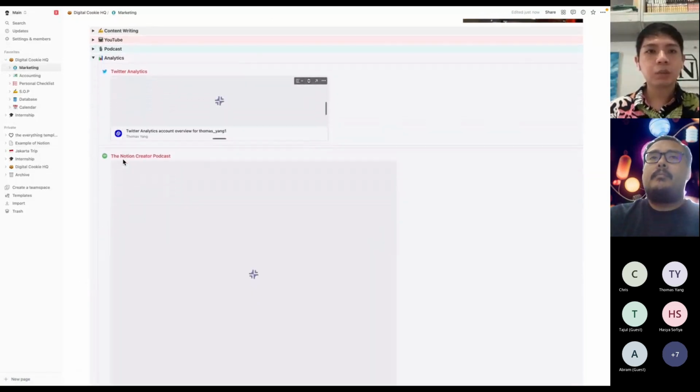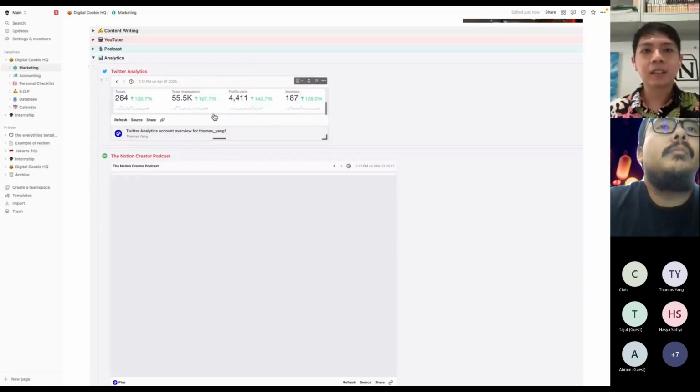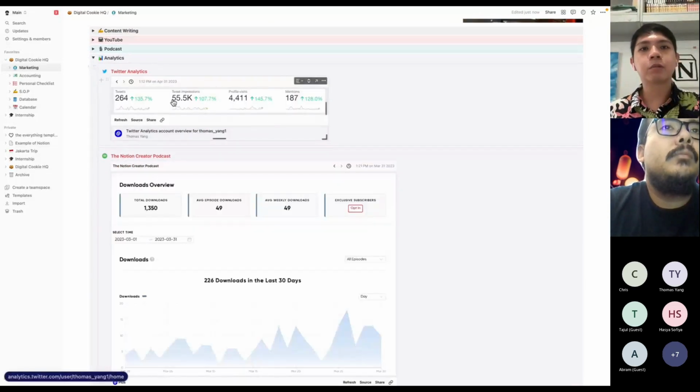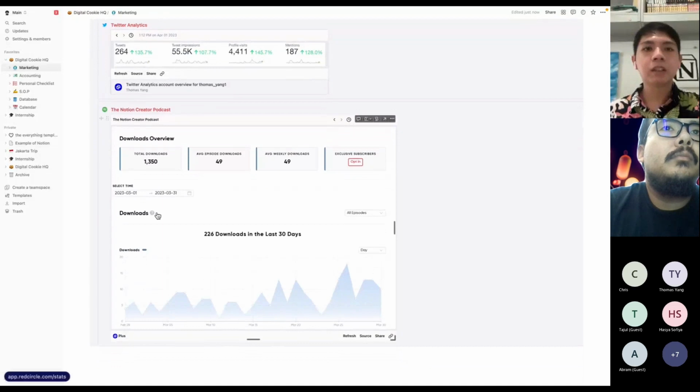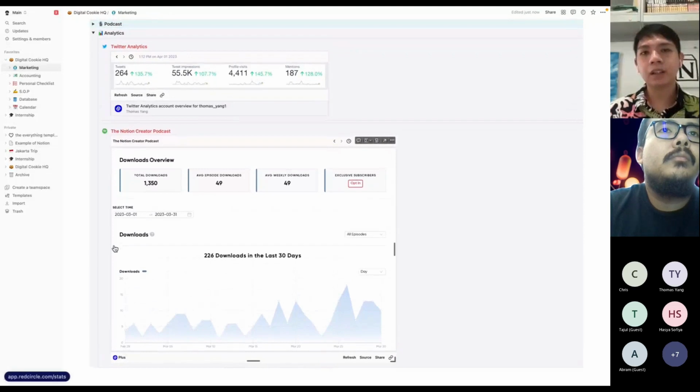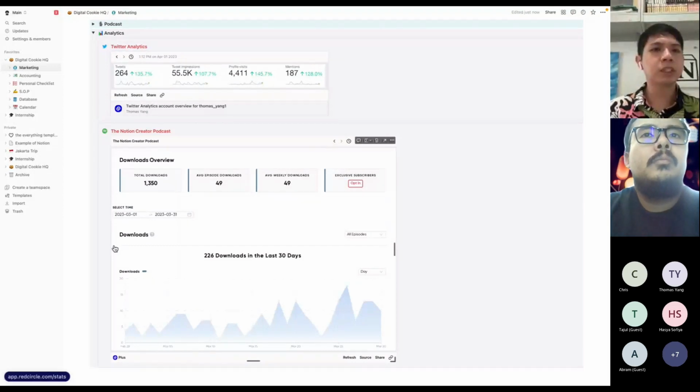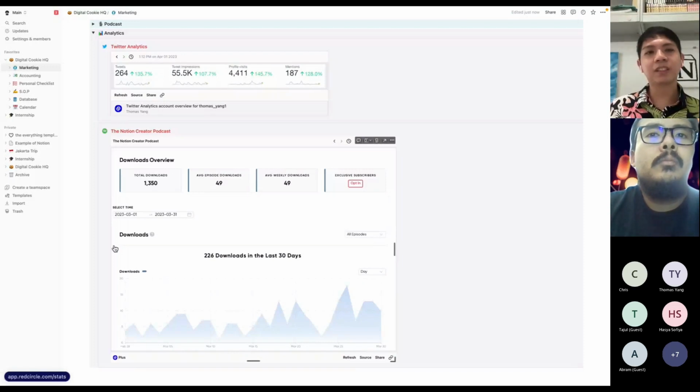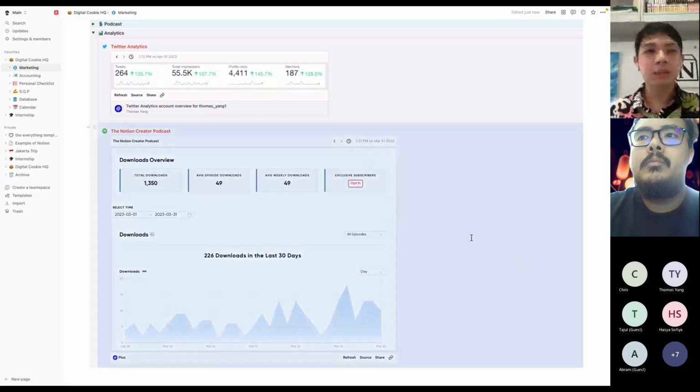It's called analytics. This is where I track my Twitter analytics. You can see these are my Twitter followers, my tweets, profile visits, some of the statistics. And then at the bottom here, these are the stats for my podcast. So I can have one page just to see everything. This is actually using a different tool called Plus Docs. I'll show you some of the tools that Notion can integrate with, which is one of the main attractions of Notion as well. The dream is to have everything in one space so that we don't move around. This is why I have the analytics here so that I can go through it.